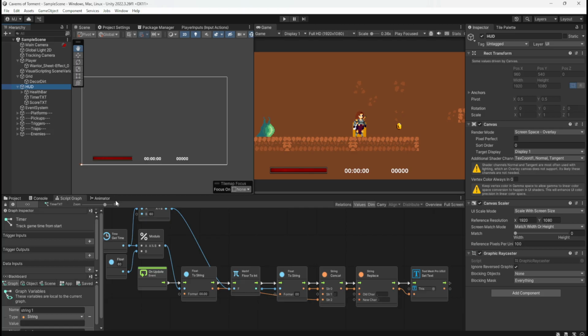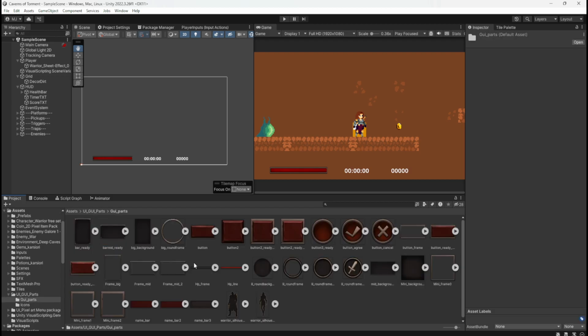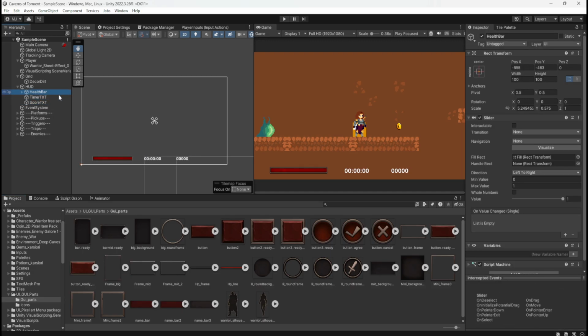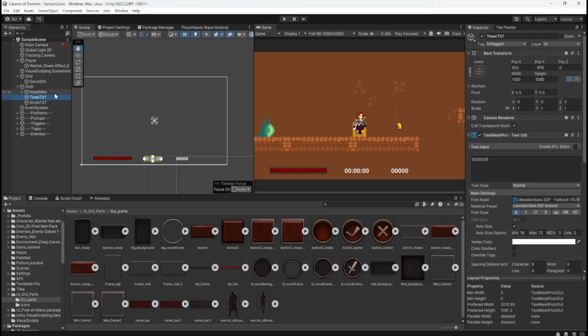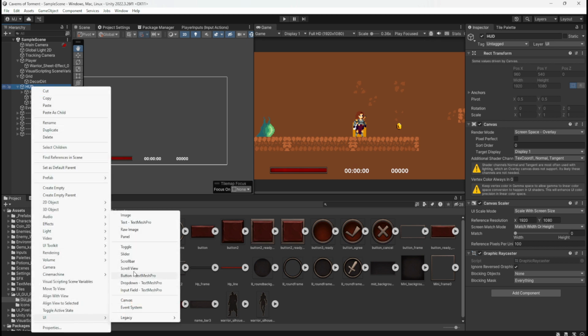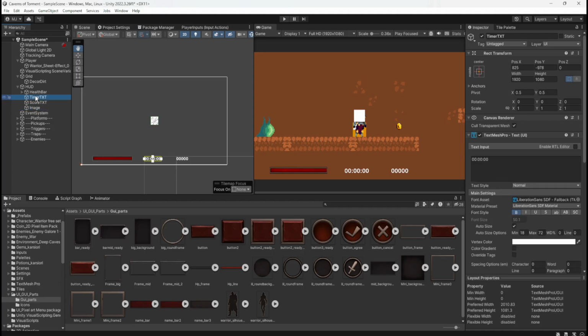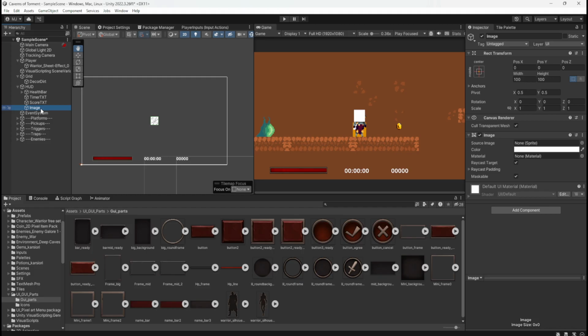So for the HUD, I have some GUI assets. I think it was this one. Health bar, timer, score.